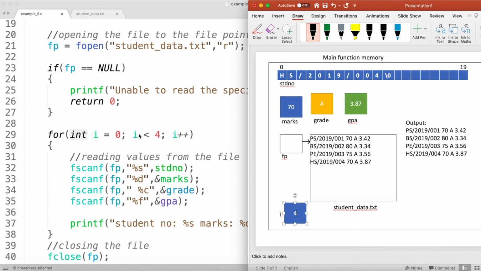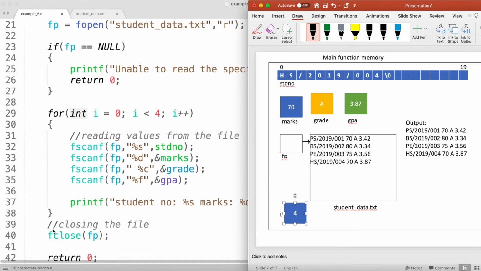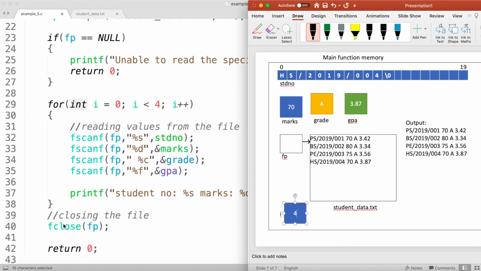So that means I can safely exit from my for loop and then execute the rest of the statements in my program. The next statement in my program is fclose fp. So that means I'm basically closing my file. Closing my file means I'm assigning my file pointer to the null file pointer.